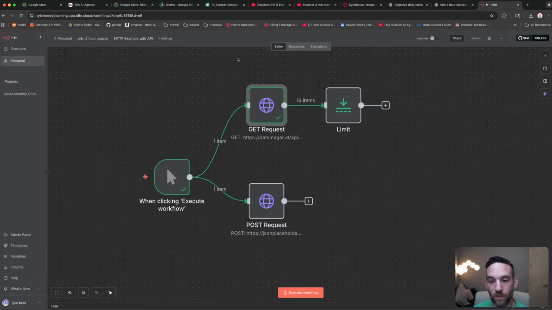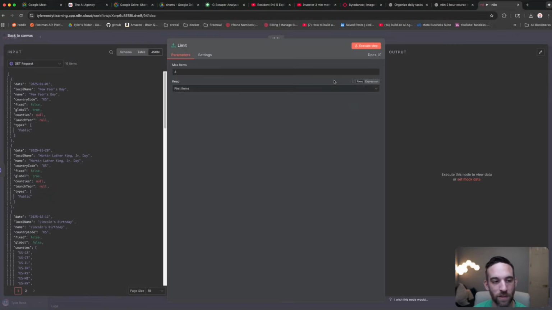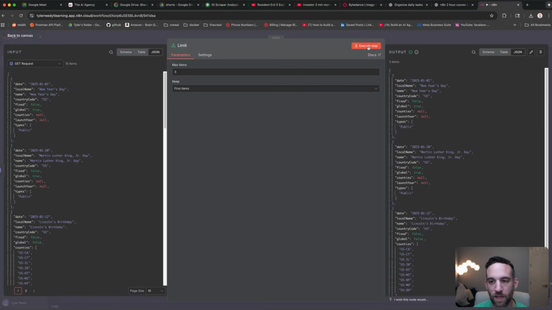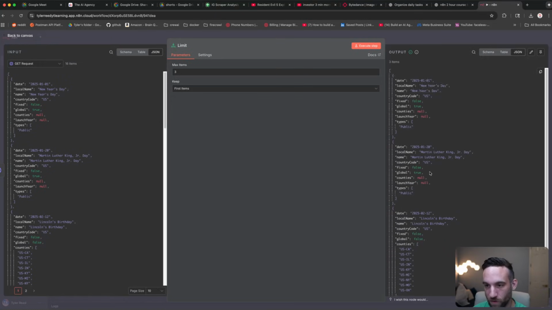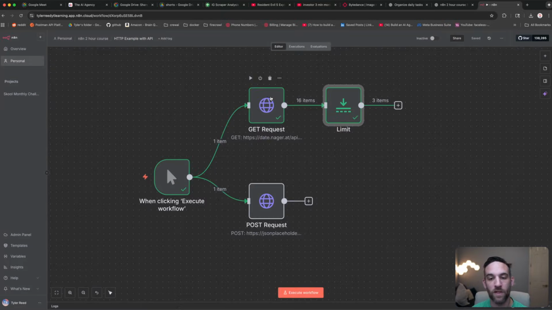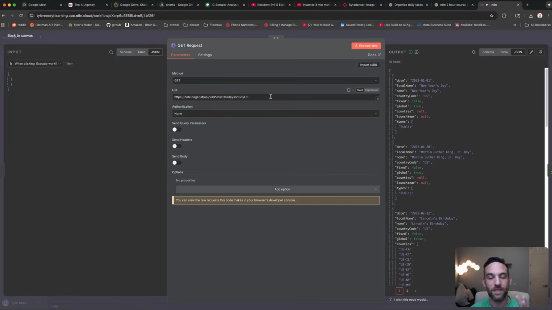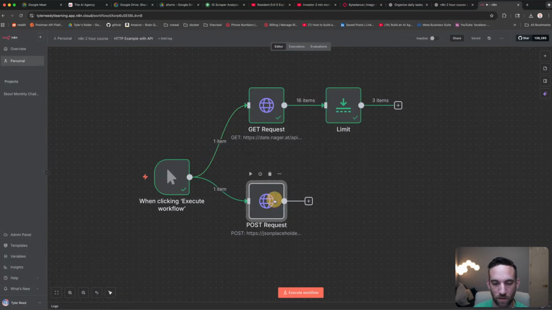Okay, so then what I could do is combine this with a limit node, and then I can just output these 3. So here's Lincoln's birthday, which was on February 12th, New Year's, Martin Luther King Jr. Day, etc. The important thing here is that this is a sample GET request. We're just retrieving information. Now a POST request, on the other hand,